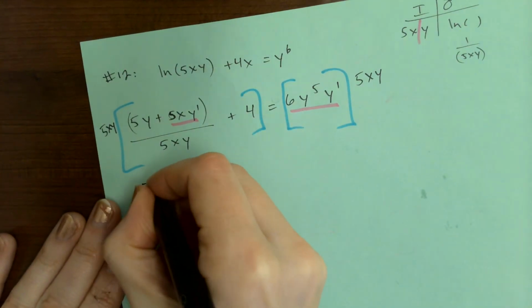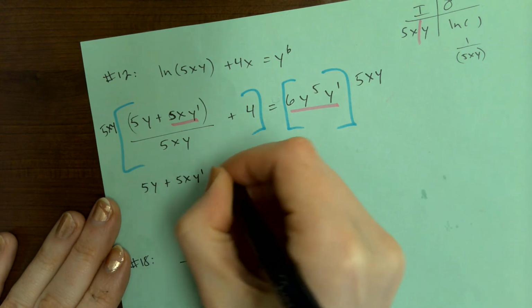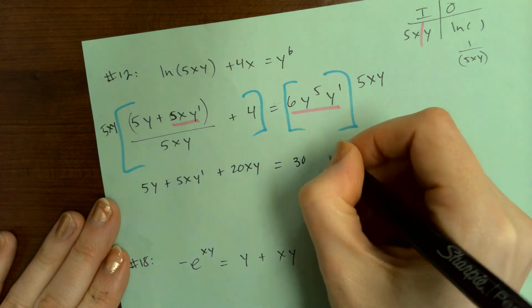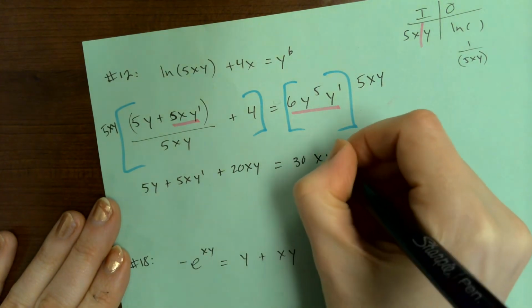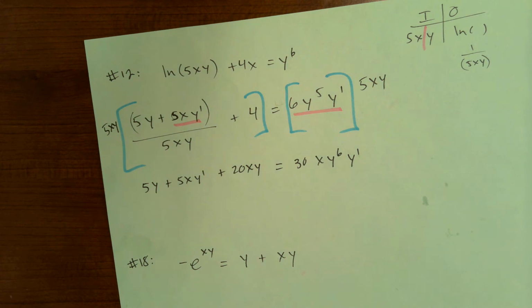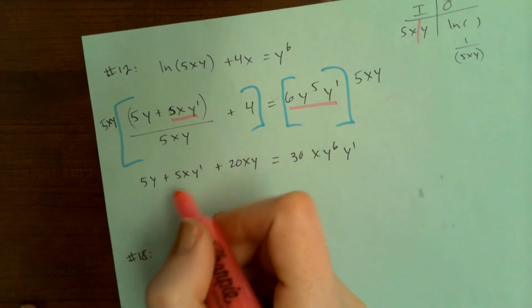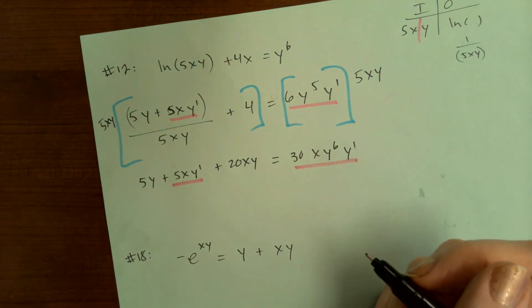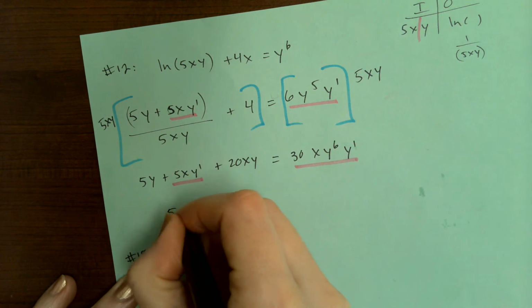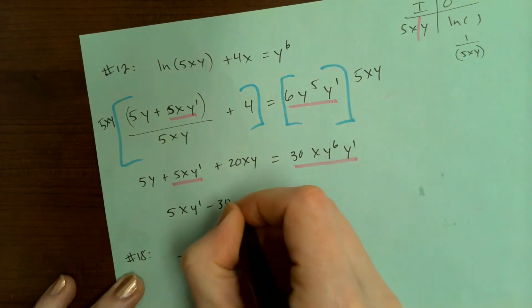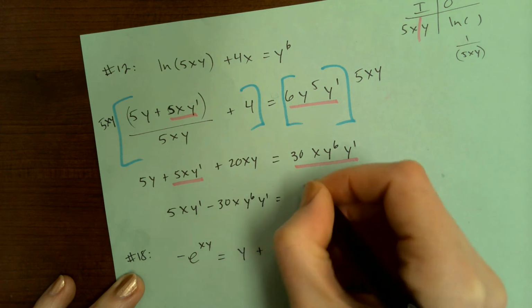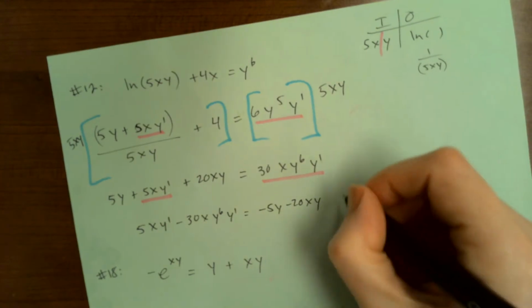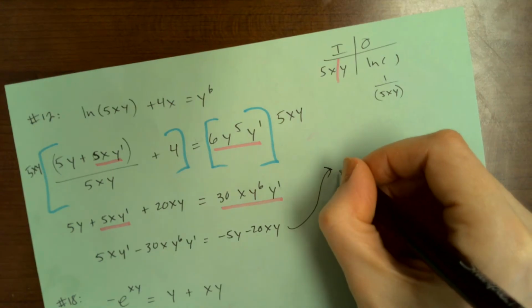So this is 5y. I forgot how heavy the algebra was in this. 30xy to the 6th y prime. Okay, so now at this point, we've got a y prime term here and a y prime term there. So this is 5xy prime. Okay, and then I'll factor out the y